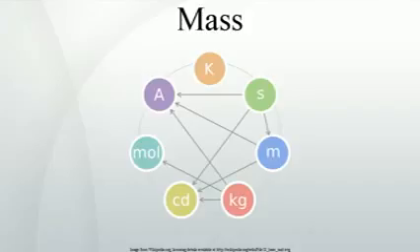Only 1% of the rest mass of matter is accounted for by the rest mass of its fermionic quarks and electrons. From a fundamental physics perspective, mass is the number describing under which representation of the little group of the Poincare group a particle transforms. In the Standard Model of particle physics, this symmetry is described as arising as a consequence of a coupling of particles with rest mass to a postulated additional field, known as the Higgs field.